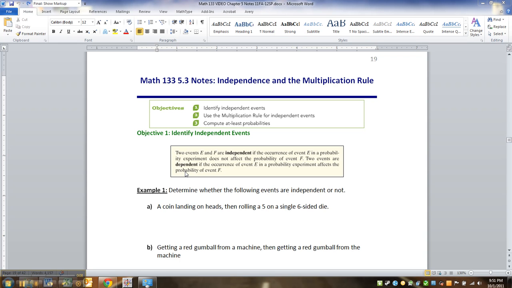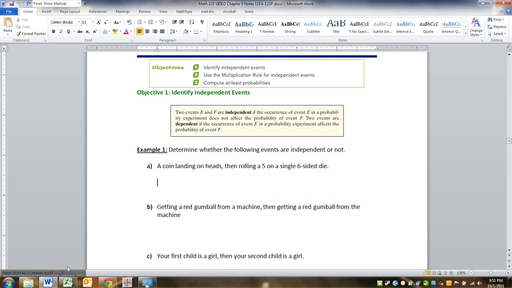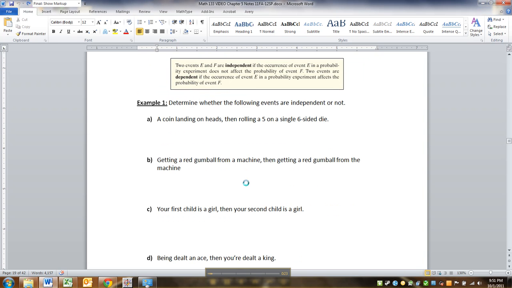All right, so two events E and F are independent if the occurrence of event E in a probability experiment does not affect the probability of event F. Two events are dependent, i.e. not independent, if the occurrence of event E in a probability experiment affects the probability of event F. I think this will become clearer as we work through